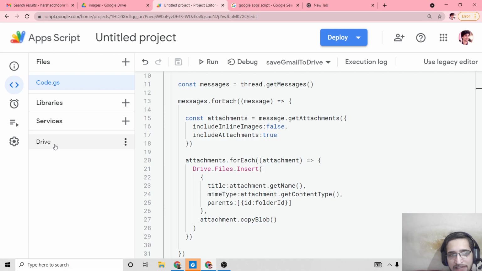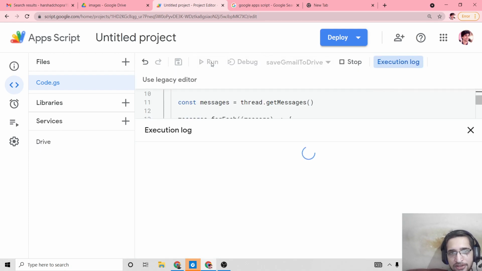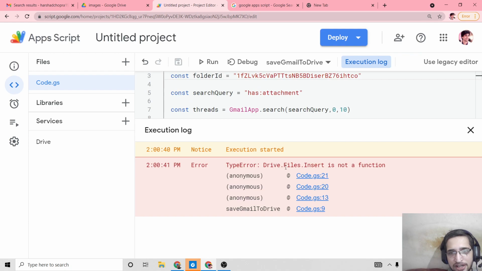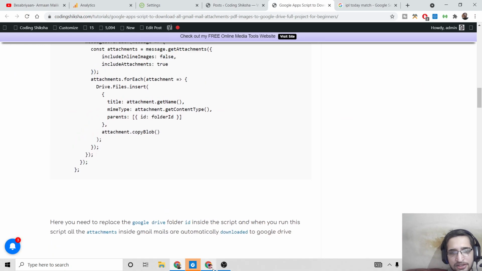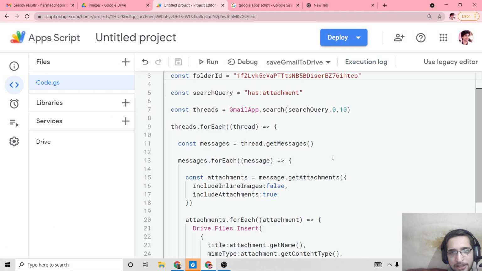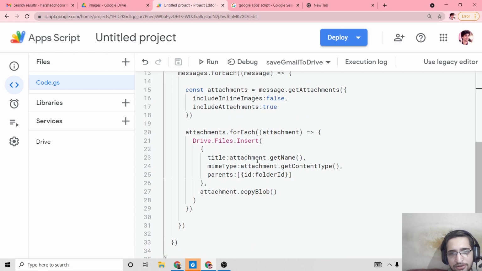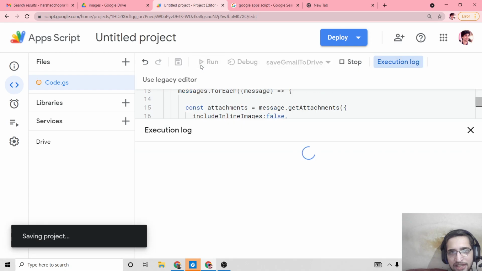Now you can see Drive API is added. So once again, if I click run, execution started. It is saying that drive.files.insert is not a function. Let me just see, guys. Oh, sorry. This needs to be not capital I. This needs to be small i. So that is the problem, guys. So just change it to small i. Once again, if I run this,